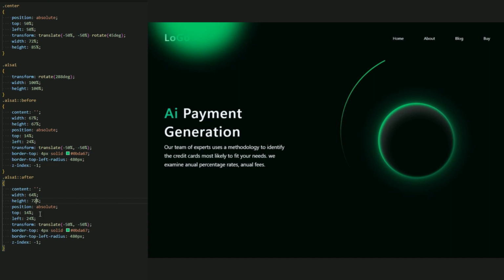We don't want it to be the same. Okay, 78%, and this left 93%. Okay, and let me change this top to bottom, and this to bottom right radius. Here we go. Yeah, this is our after.